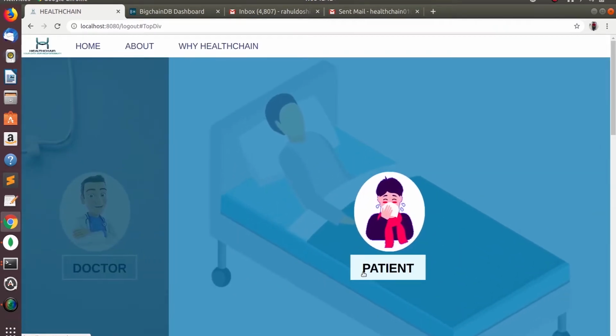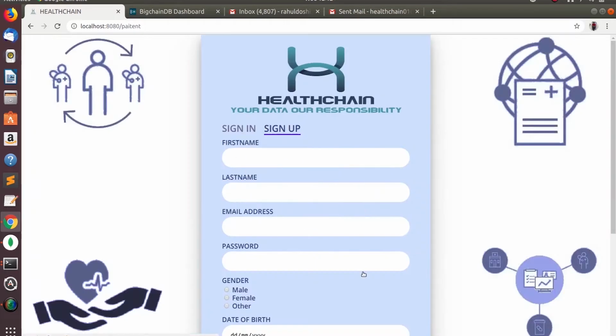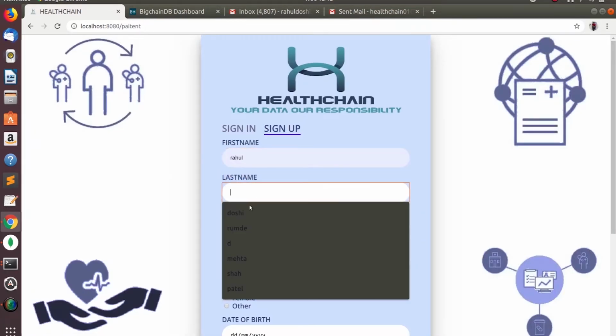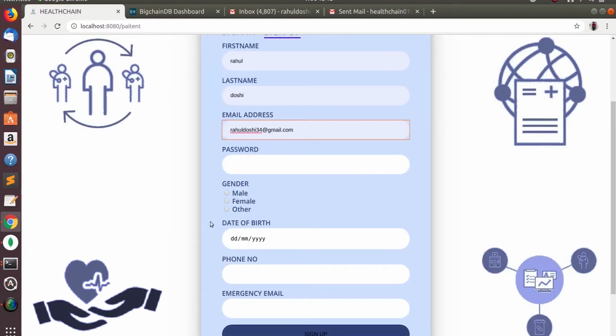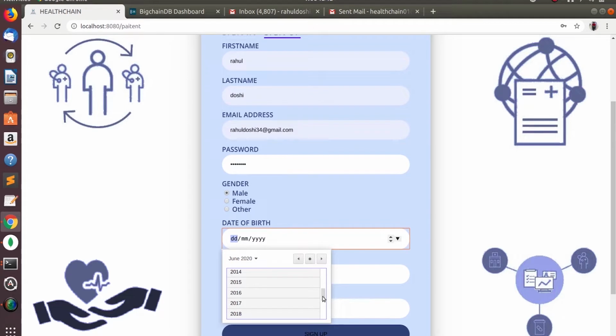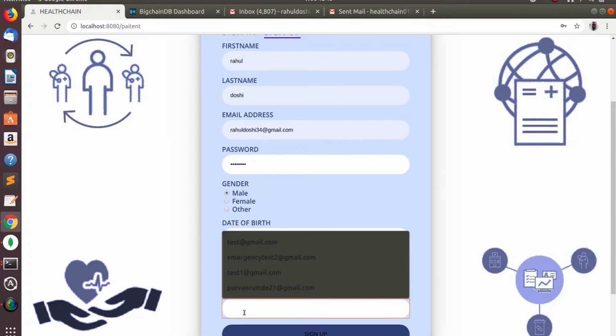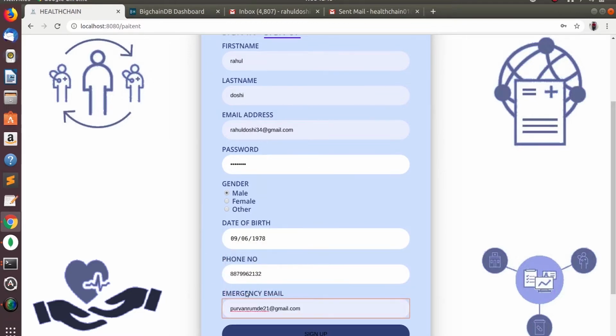Now let me show you the sign up process of the patient. I just enter my details over here. Emergency email is very useful for the emergency contact feature which we have.